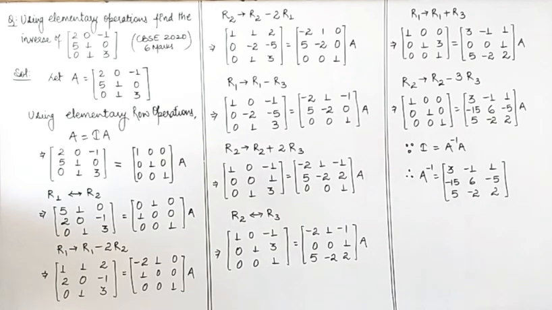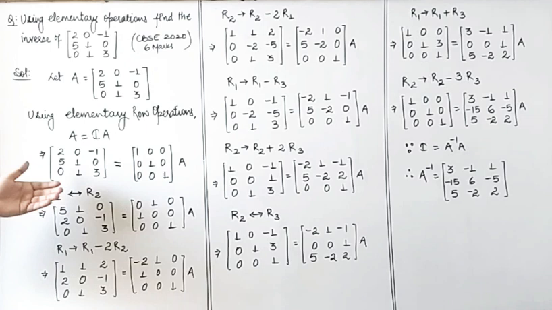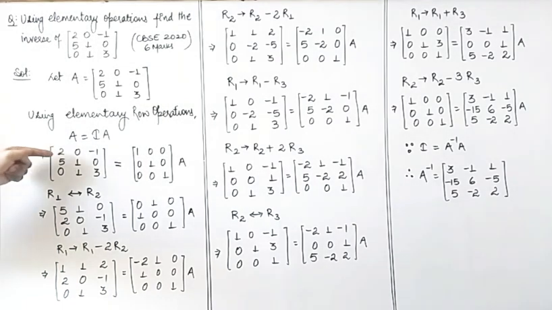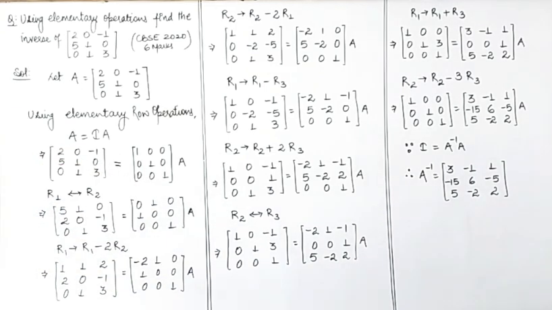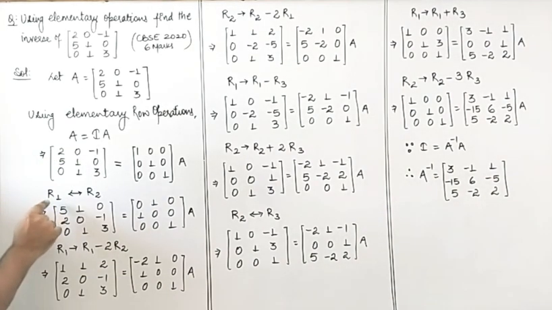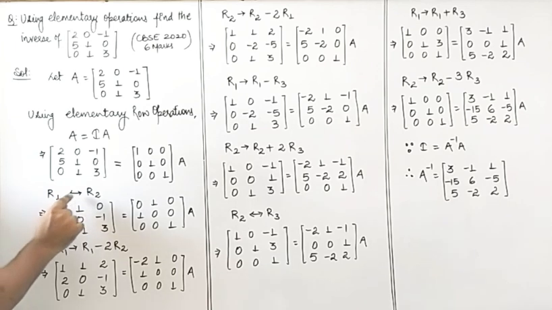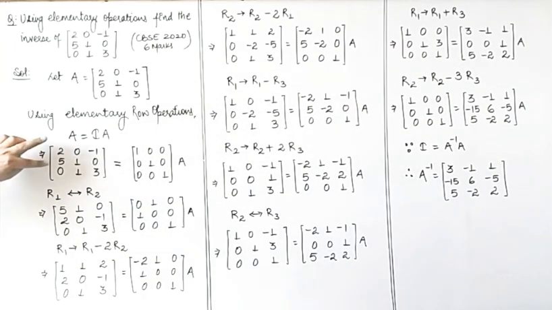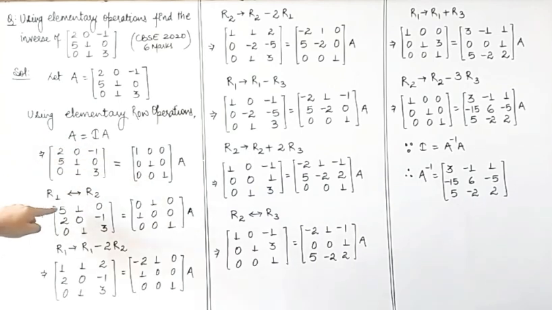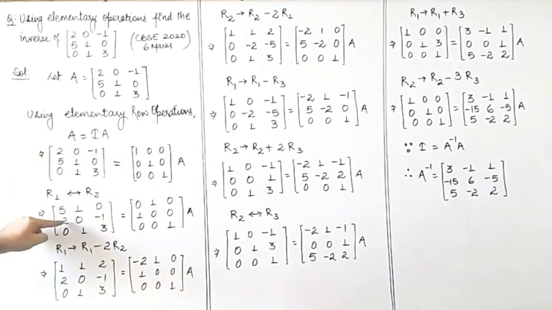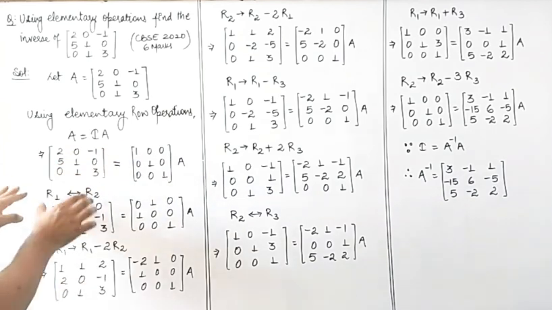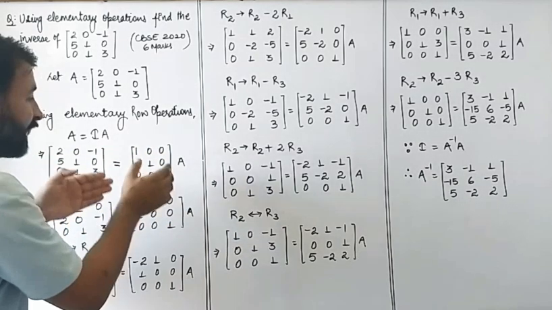You can also change the order, but if we try to convert this matrix into an identity matrix in this order, then we will complete it in minimum number of steps. At times we have to change the order also, but we will still try to take it as 1 0 0, 0 1 0, 0 0 1. Now look, first I am interchanging row 1 and row 2. So when we interchange row 1 and row 2, this 5 1 0 becomes my first row and this 2 0 minus 1 becomes my second row. Similarly, the same operation we will also apply on the right hand side identity matrix.